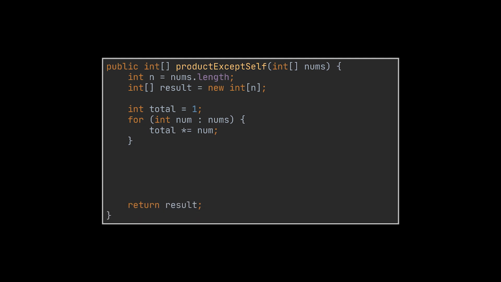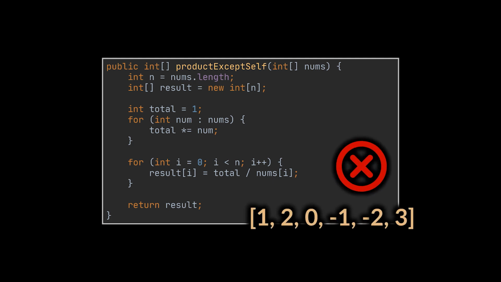Now, the first solution that popped into my mind at the time is making use of basic math. You see, if we calculate the total product of the array by multiplying all the elements inside it, then for each integer we divide this total product by the one we are currently traversing, we will obtain the product except self integer. Sounds good, right? Well, not really. Take this array as an example. The implementation we just wrote will lead us to divide by 0. Even if we add a few ternary expressions to fix this, the resulting array will still not match the expected one.